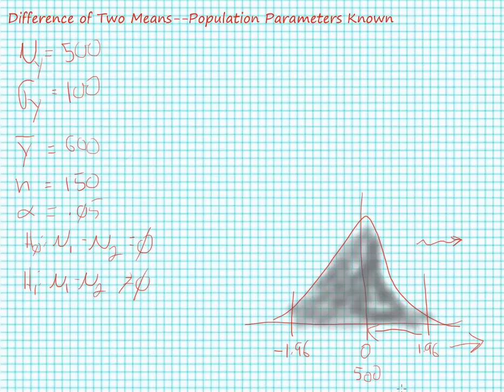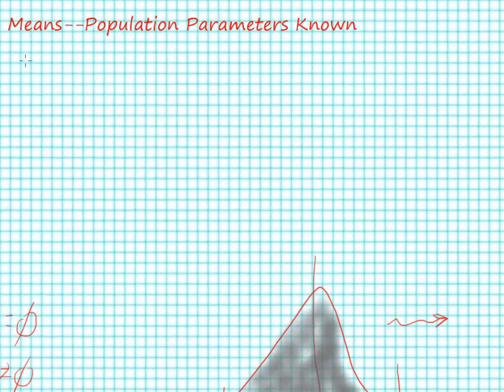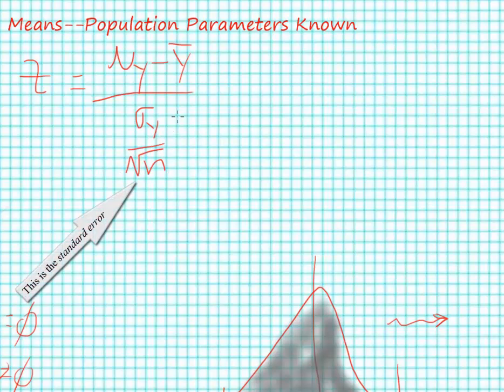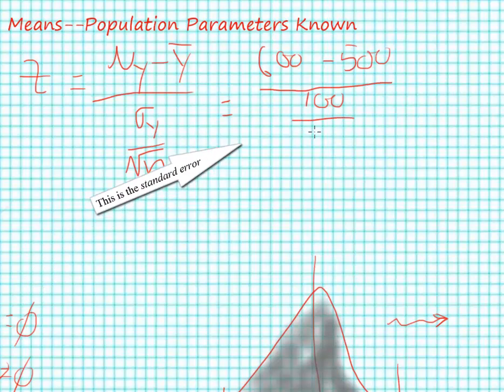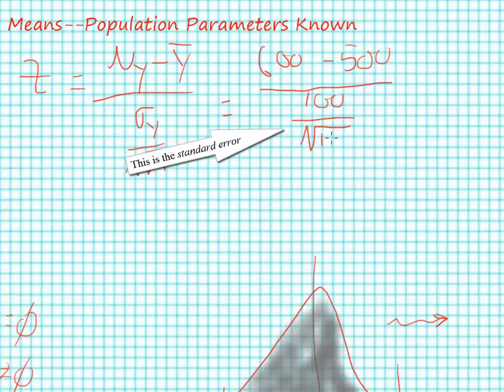Let's go ahead and look at our z-statistic. Our z is going to be equal to our population mean minus our sample mean divided by our standard deviation for the population divided by the square root of our sample size. And plugging our numbers in here, 600 minus 500 divided by 100 divided by the square root of 150,